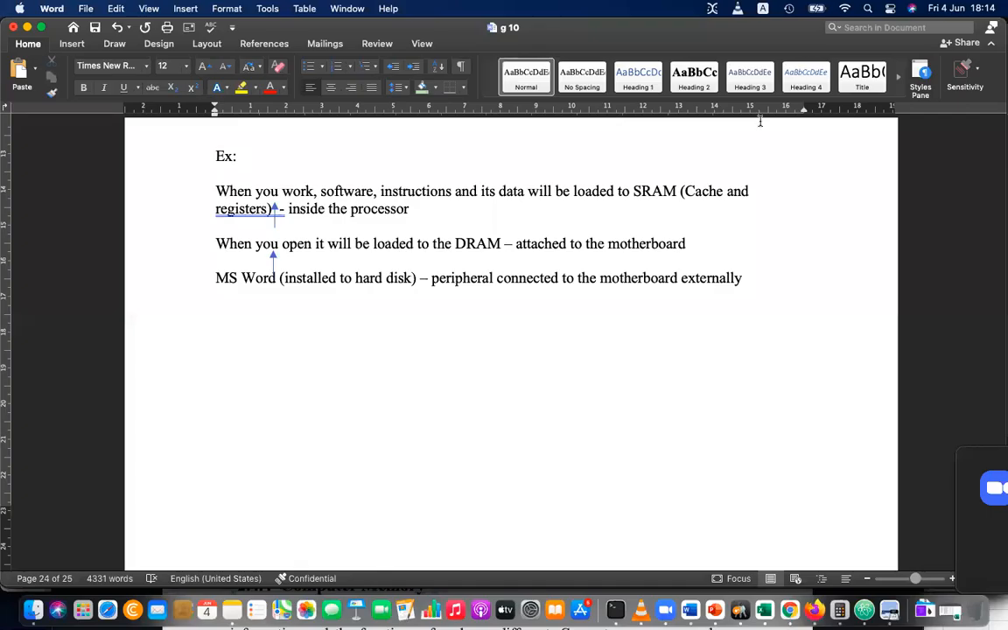Next, let's learn about the memory hierarchy. And before that, actually, we should know how computer speed is measured. Speed measurements